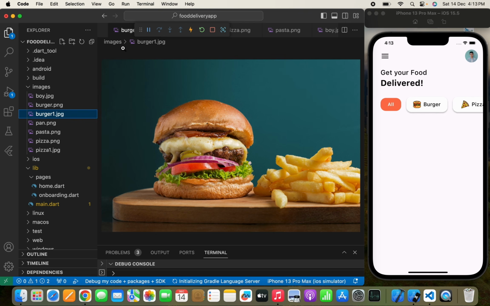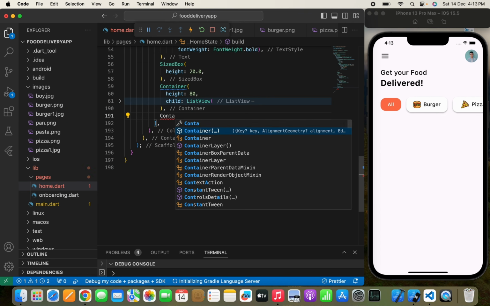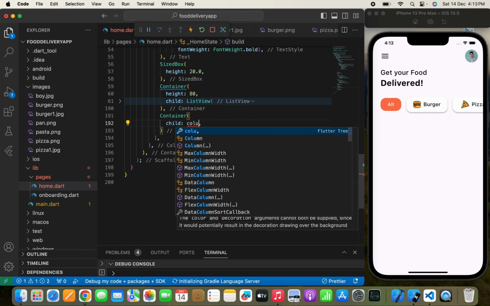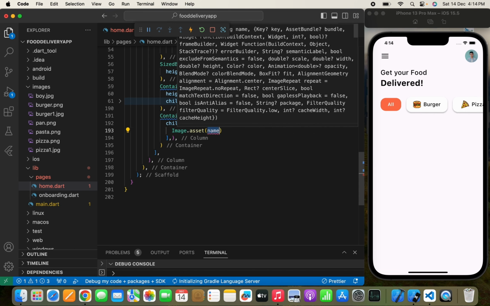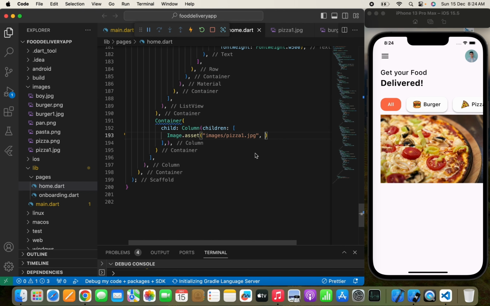Yeah, so here it is done. Now here I need to simply create a container widget, and in this container widget I will simply use a child, a column, and a children. Now in this children I need to use image.asset and will use the images folder here again, and in this images folder I need to simply write an image file name which is pizza1.jpg. Let's move, and here you can see the image, but the image uses the width of the screen,